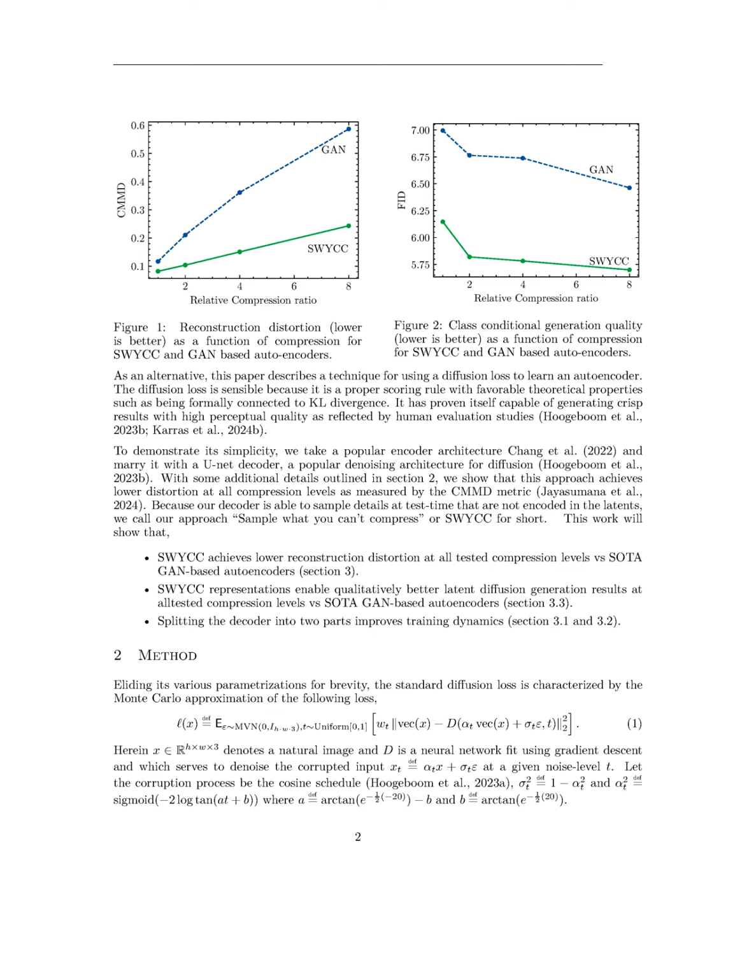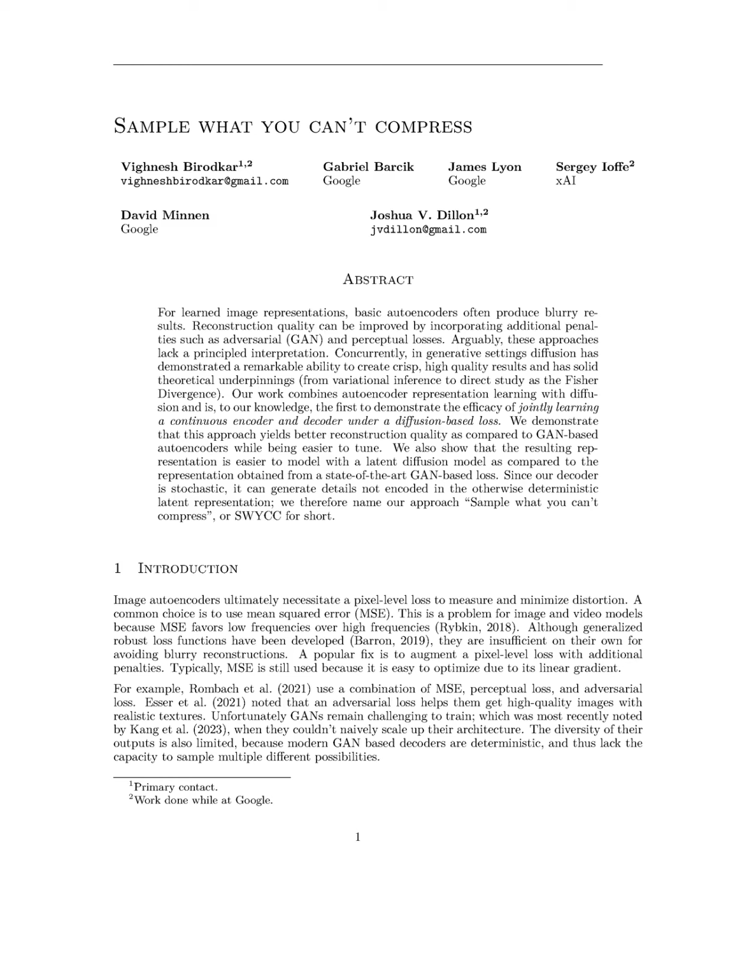Additionally, SWYCC improved the Frechet inception distance, FID, by over 12%, despite using an identical encoder architecture, indicating a more effective latent space modeling. Visual evaluations showed that SWYCC produced crisp images with detailed textures, outperforming GAN-based methods, particularly as the compression ratio increased. Overall, the results highlight SWYCC's ability to generate higher quality reconstructions without the need for complex